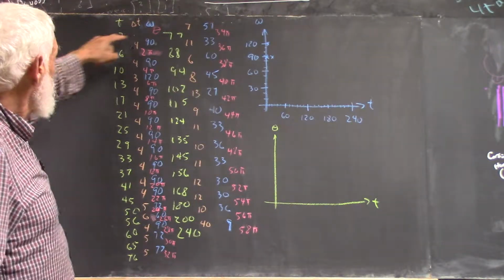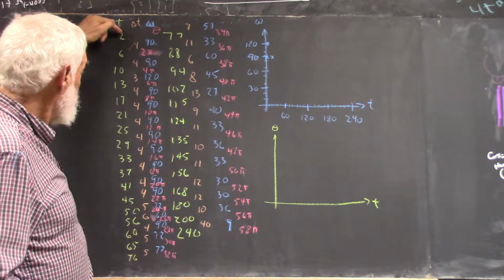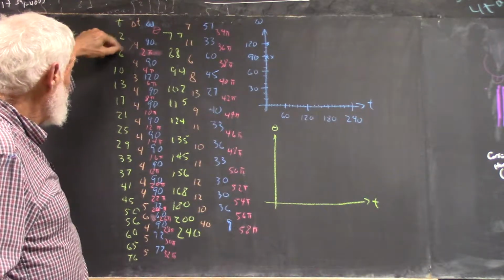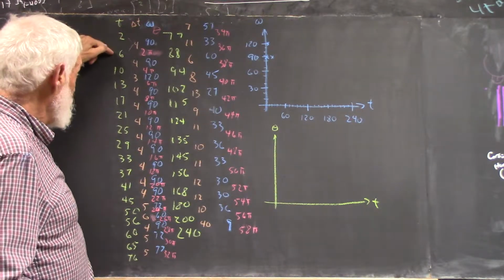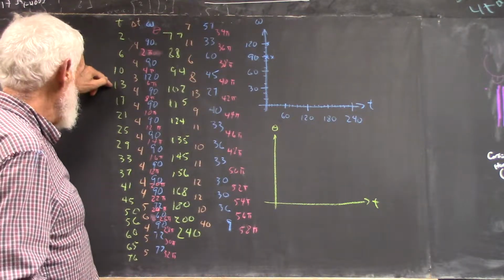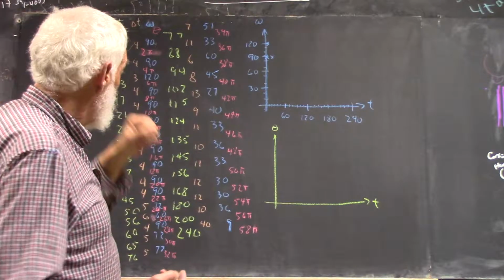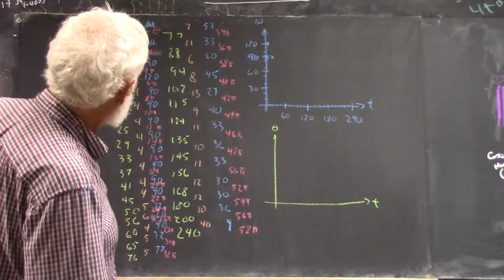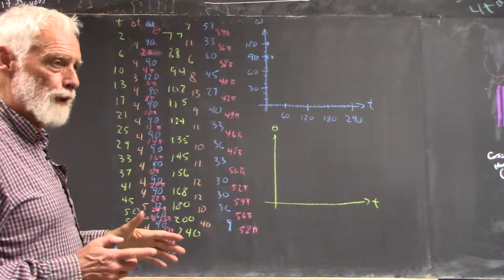Okay? Now I've got a column labeled delta t here. The delta t is the change between this time and this time. We have an interval then of 4 counts between 2 and 6, 4 counts between 6 and 10, only 3 counts between 10 and 13, and usually, things go to slow down. So you wouldn't really have a shorter time interval between these two, but you don't know exactly where